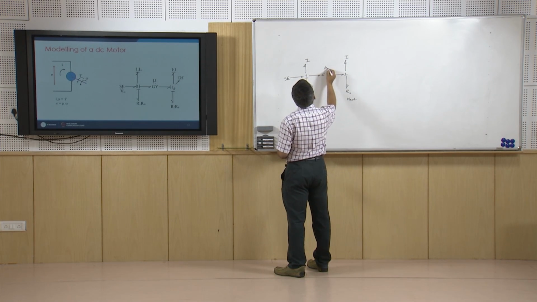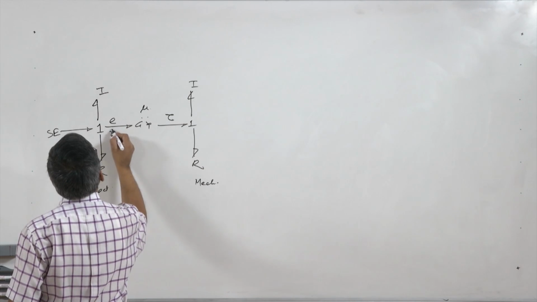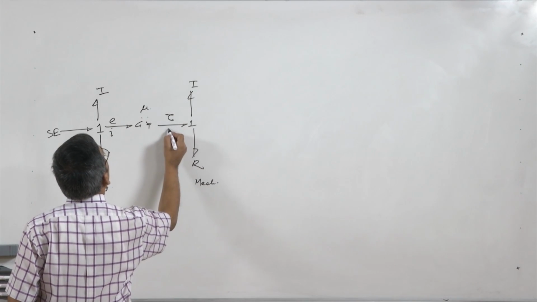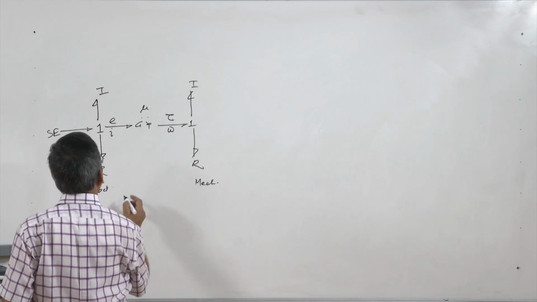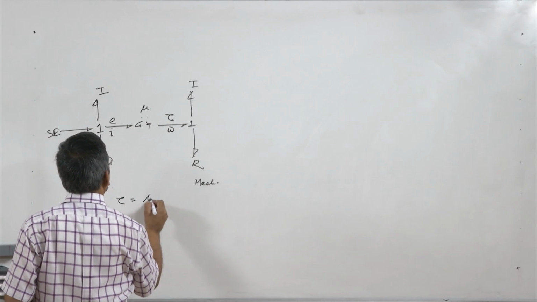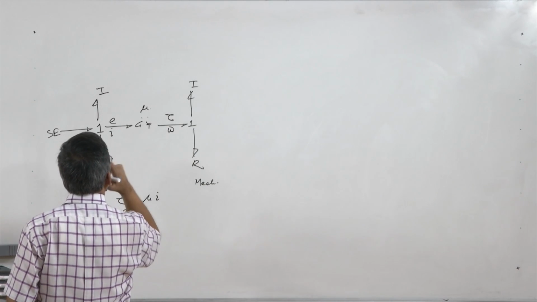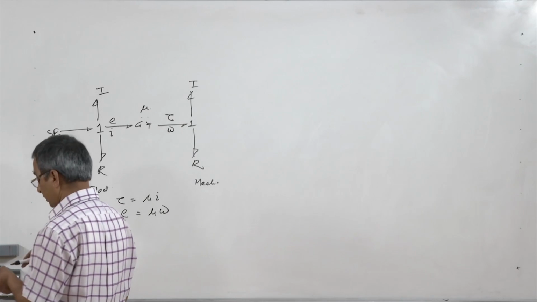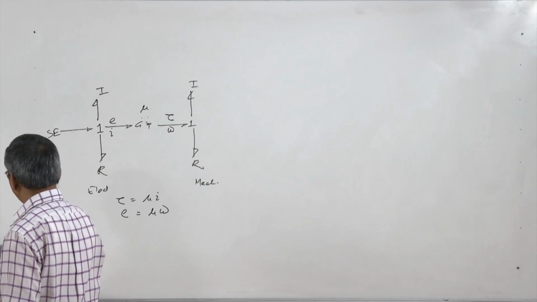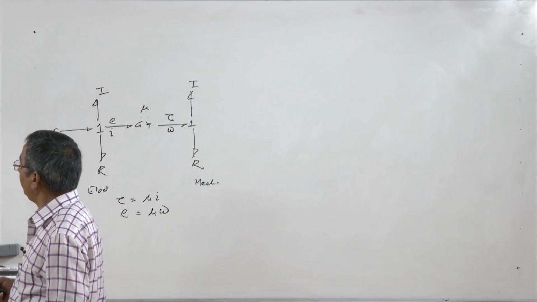This is mu, and this will be the torque, okay, and here this is E and I on the electrical side, and torque and angular velocity on the mechanical side. So, from here you can see that tau will be equal to mu I, and E, which will be the back EMF basically, will be mu times omega. So, this is what it is going to be, okay, and then we can generate the system equation for this system,